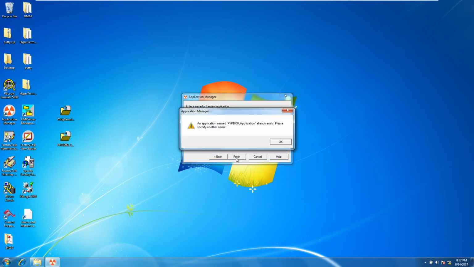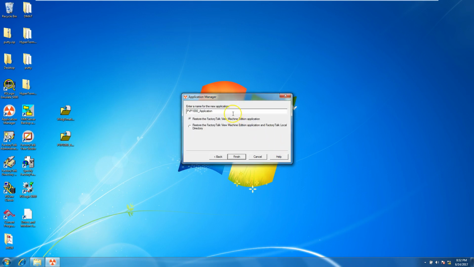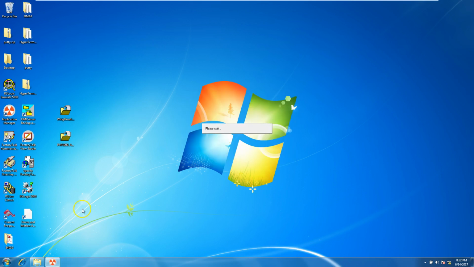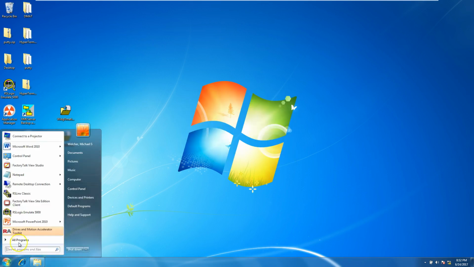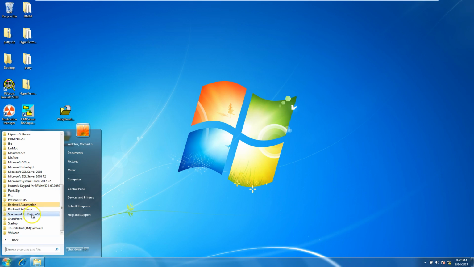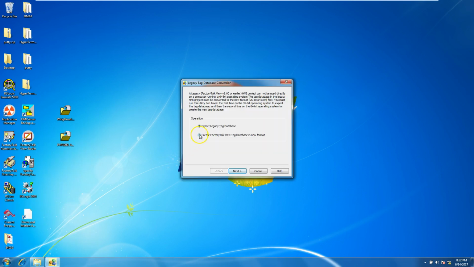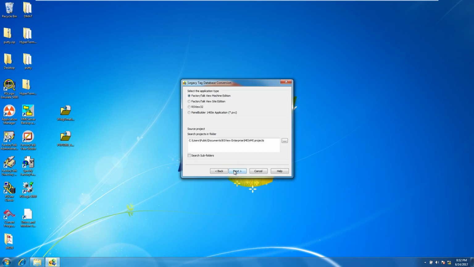So we're going to restore this one. Again, that still has that name. So let's restore that one. We'll use the legacy tool one more time. Again, that's located in Rockwell Software, FactoryTalk View, then go down to Tools, then Legacy Tag Database Converting. You want to click Create FactoryTalk View Tag Database for a new format. Search under Subfolders,